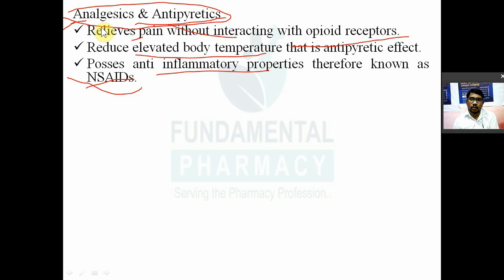First is known as the opioidal analgesic. They interact with the opioid receptor and they will decrease the pain sensation. Then second, non-opioid. They are derivatives of opioid, but they will not have opioid-like action like addiction, sedation, etc. Third is nothing but the NSAIDs, non-steroidal anti-inflammatory drugs. And fourth one is known as the steroidal anti-inflammatory drug. Right? So today here we are going to see NSAIDs, right?